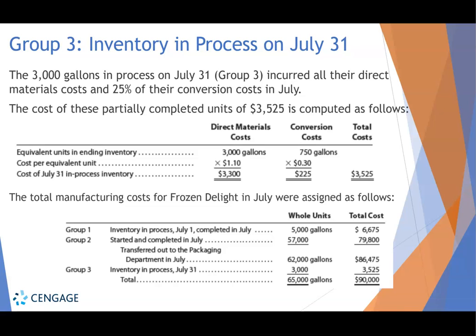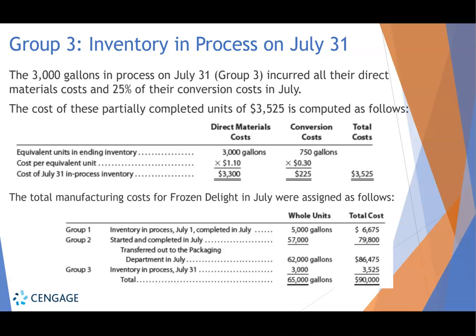The 3,000 gallons that were still work in process at the end of July, that Group 3, had all the direct materials added, but only 25% of the conversion costs added in July. So the cost of these partially completed units is